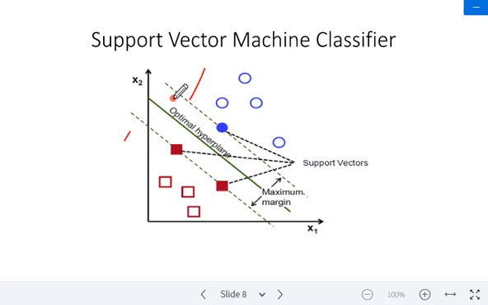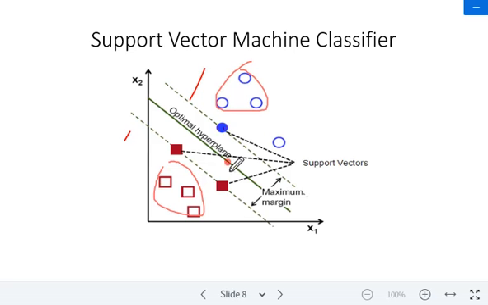The classifier is defined by only those points that fall on the gutters on both sides. These points you can see here are the new examples, and they are called the support vectors. Some are filled and some are unfilled, belonging to the two sets of classes.